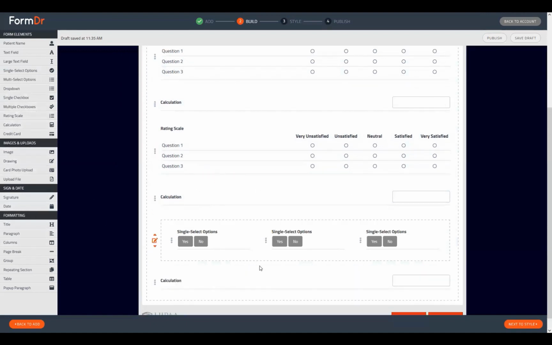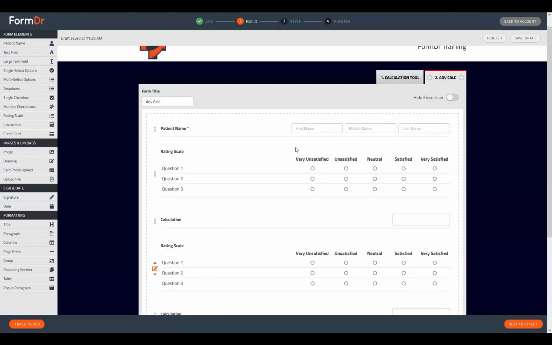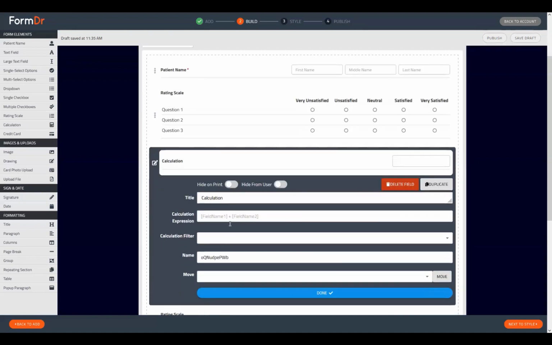All right. And then once we have all of this set up, we'll go back in and we'll calculate those calculated scores to get our final score. So first up, what we'll need to do is we can go ahead and just open up that first calculation. We can see how that's going to look by default. We'll have nothing in our calculation expression area, and we will just need to add in those short codes for